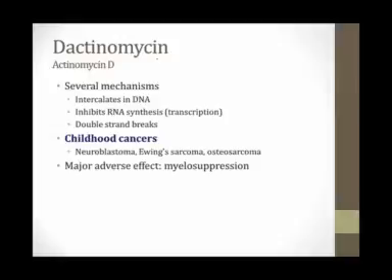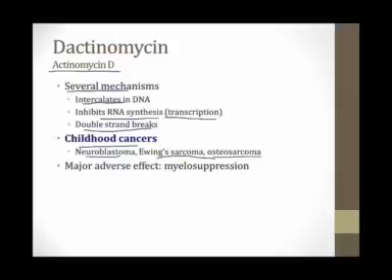Our next anti-tumor antibiotic is dactinomycin. It's also called actinomycin D. Just like the anthracyclines, it has several mechanisms by which it can kill cancer cells. It also can intercalate in DNA. It's been shown to inhibit RNA synthesis and transcription of DNA. It's also been shown to induce double-stranded breaks. This drug is commonly used in childhood cancers, especially neuroblastoma, Ewing sarcoma, and osteosarcoma, and its major adverse effect is